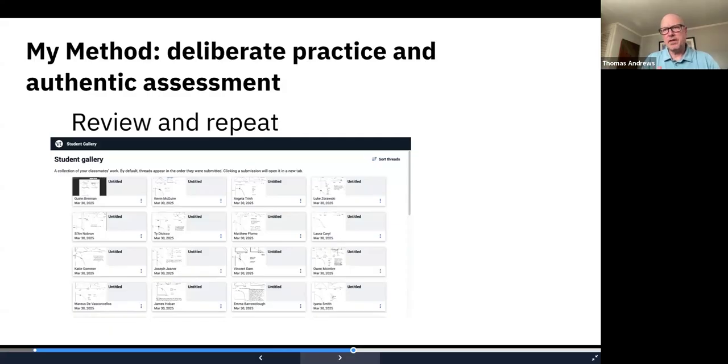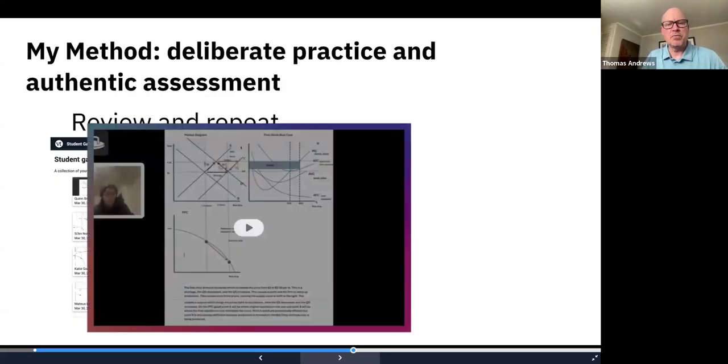So these are graded in terms of incomplete or complete, and they get credit basically for practicing. So I don't care if they did it right, so long as they made a reasonable attempt. So I'm just going to put one up. So if you were a student, after the assignments were submitted, I would hit a button and then you get to see what everybody did. And then if you click on anybody in the gallery, their submission is going to come up. So here's one